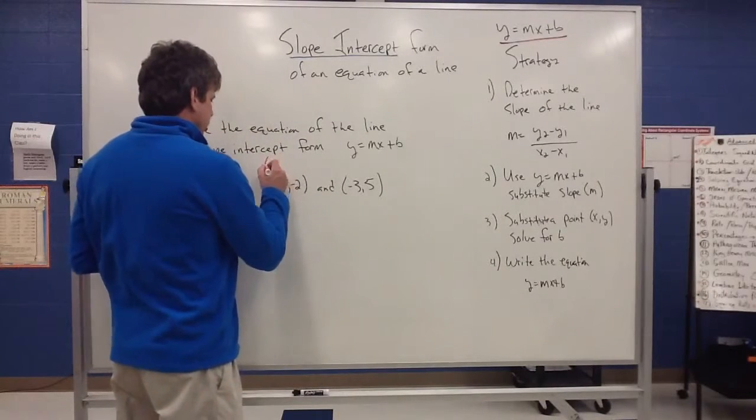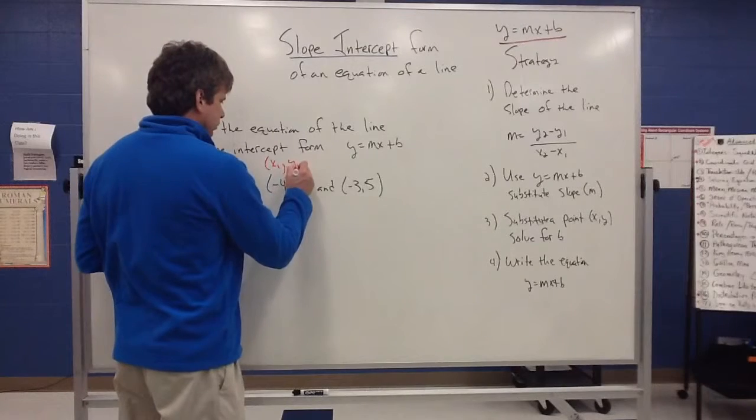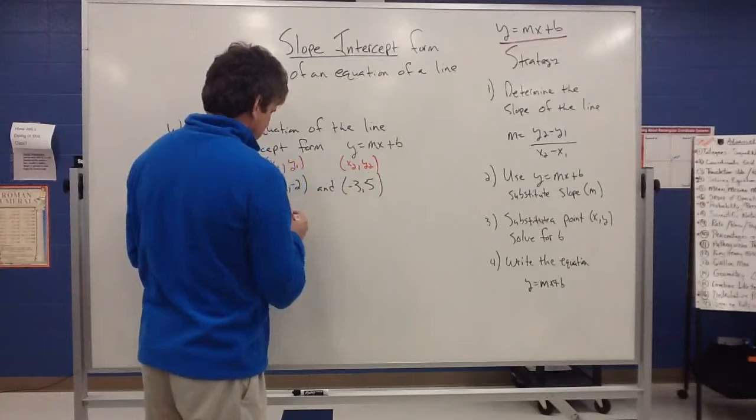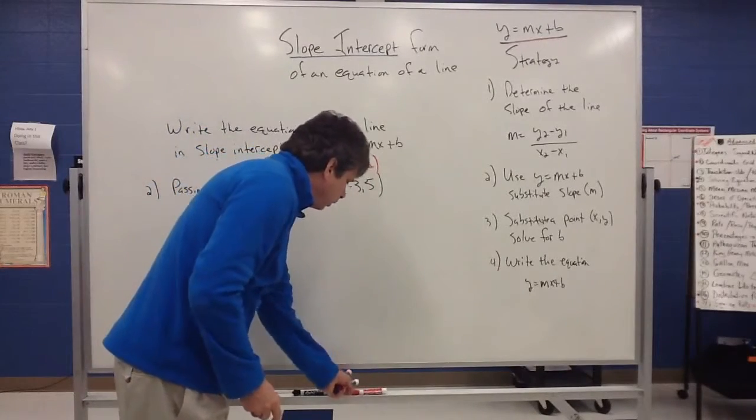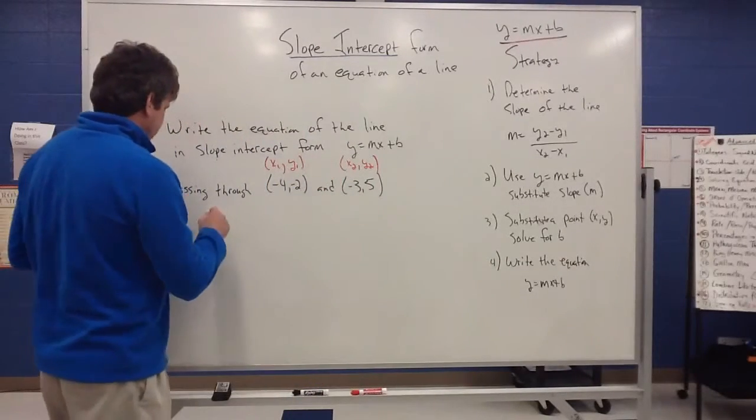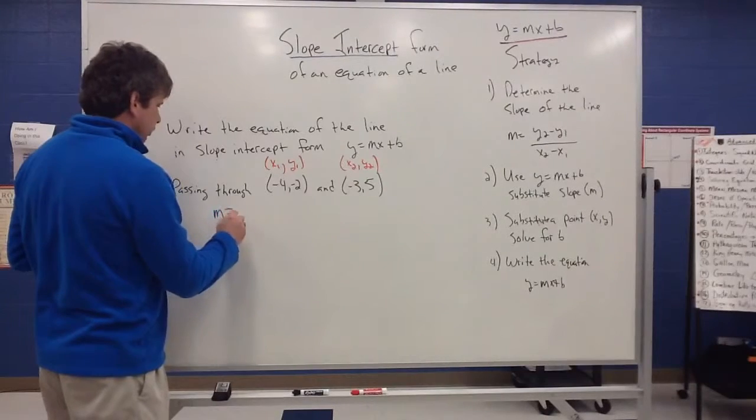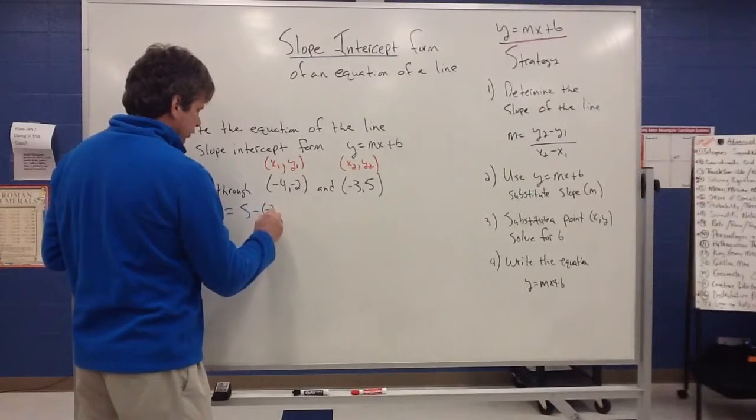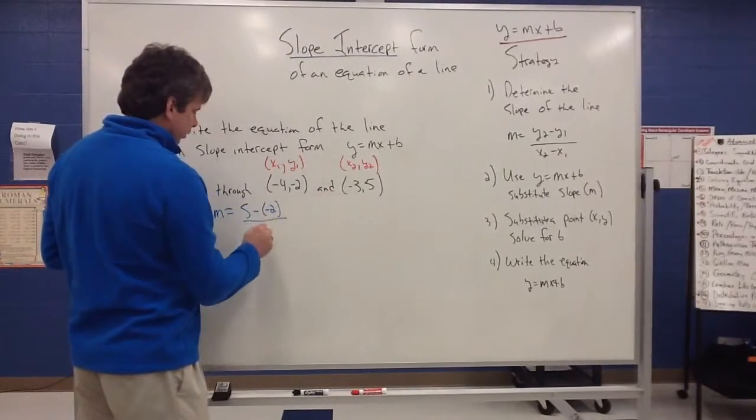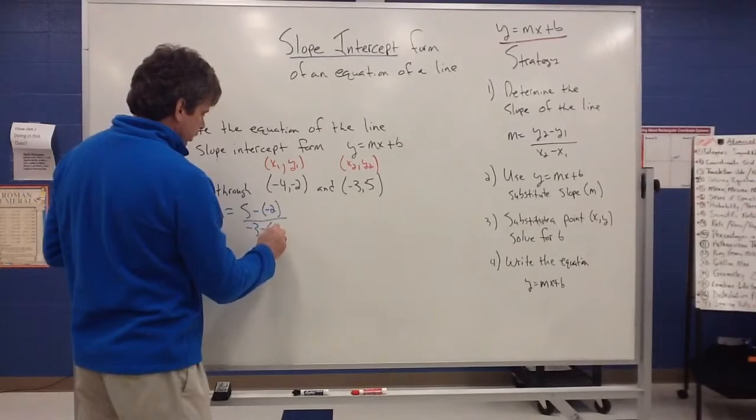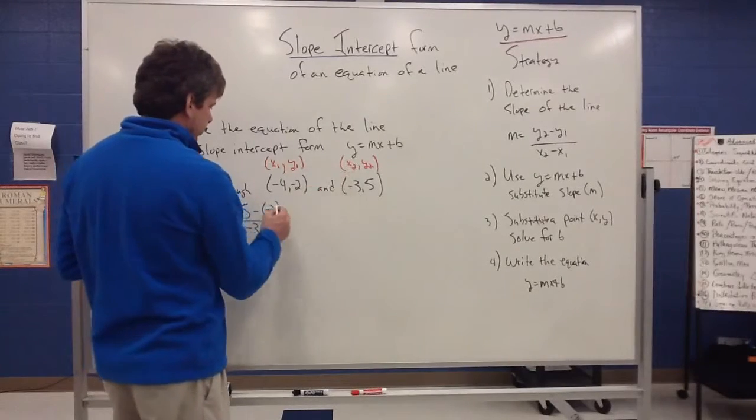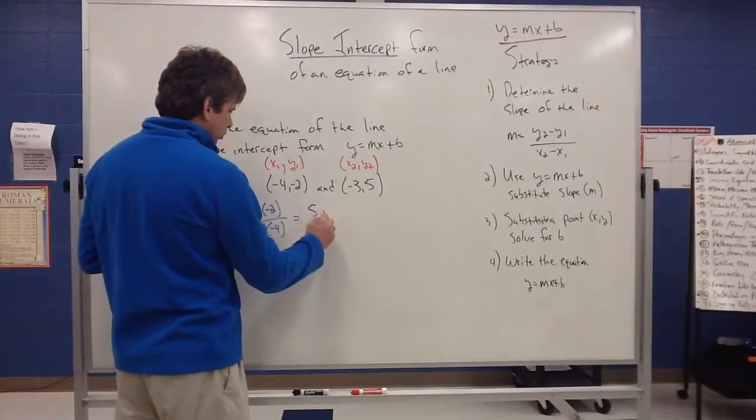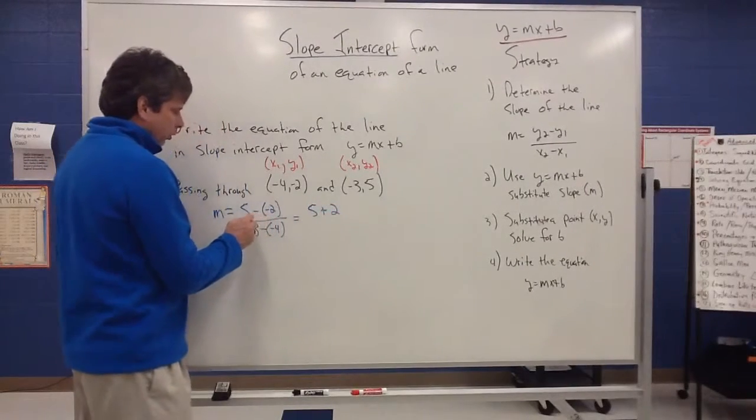So I have my point 1 and my point 2. So I can then use my slope formula to find my slope here. So m is going to equal y2 minus y1, so that's 5 take away a negative 2. Then I have a negative 3 take away a negative 4. So x2 minus x1. We recognize that that's the same thing as 5 plus 2, because remember we have 2